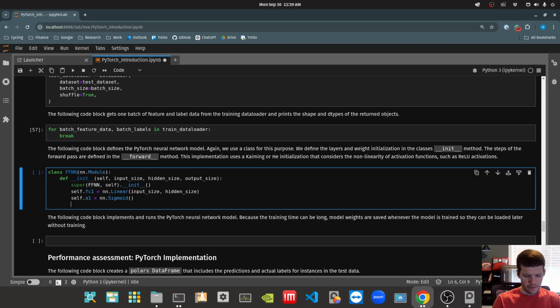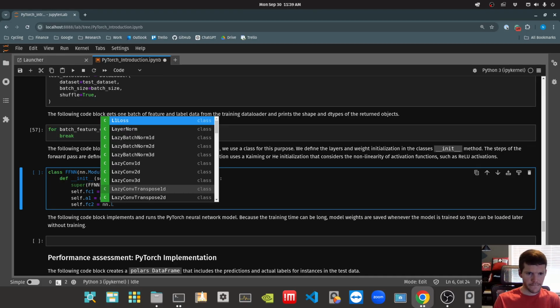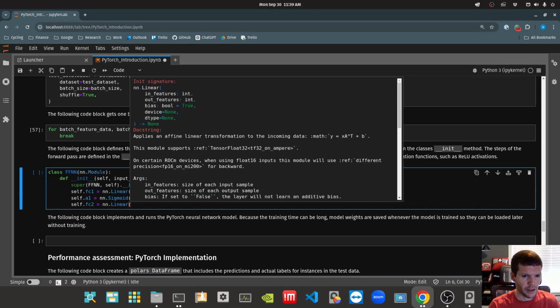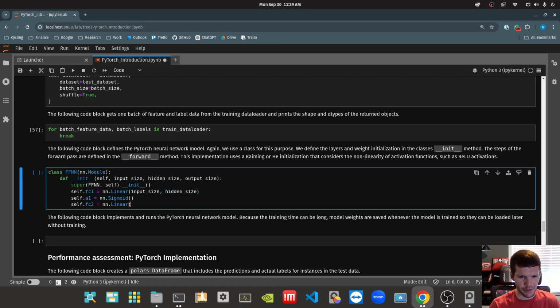All right. And then I'll say self dot our next fully connected layer is going to be another NN linear. Linear. Very good. And remember, this would be essentially the fully connected layer. So the input size, and then the output size here. So our input size is going to be essentially that hidden size. So we're essentially looking at that linear layer right there in the middle. So yeah, this is our input layer. Maybe I could have called that input. This is actually our hidden layer. And these two right here, the input and the hidden, that's essentially defining the weight matrix between the two. Our hidden size, and then it will go to output size. That'll be that weight